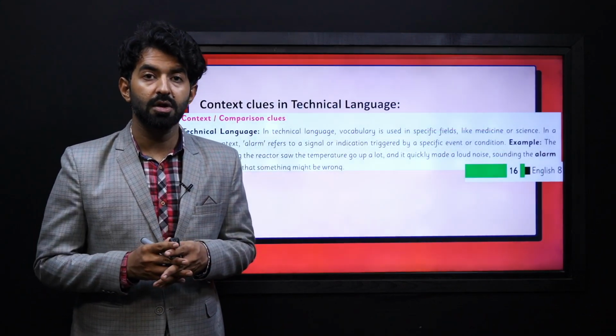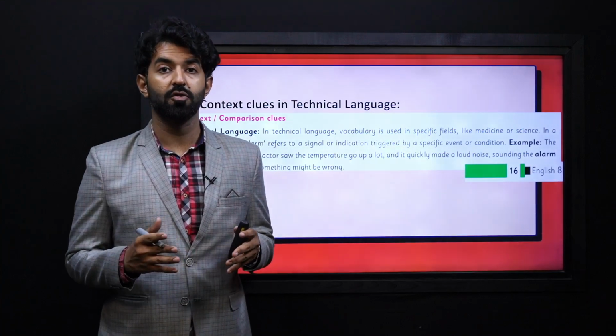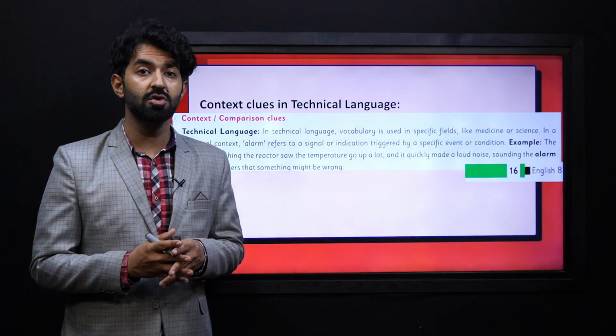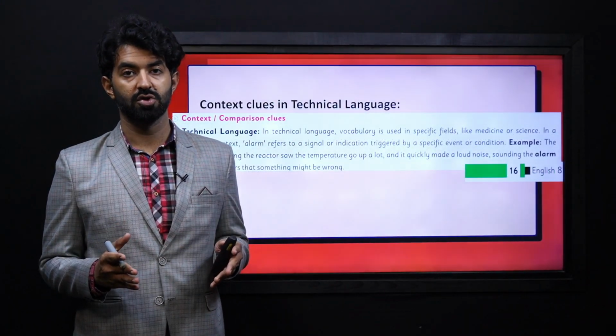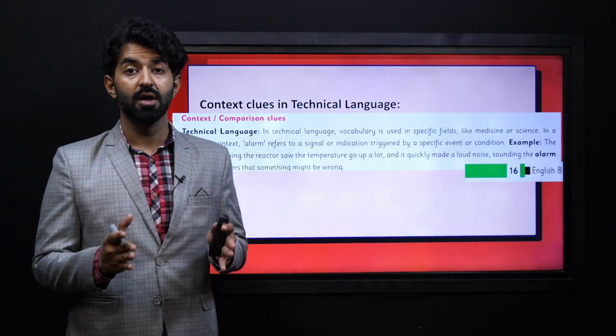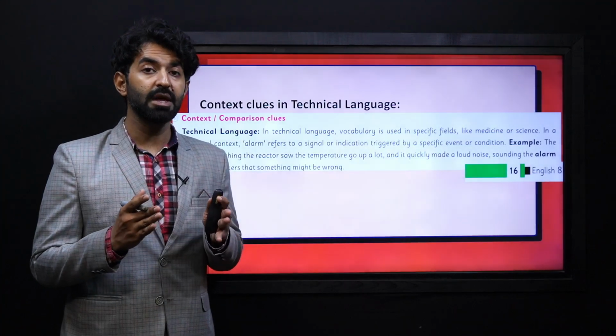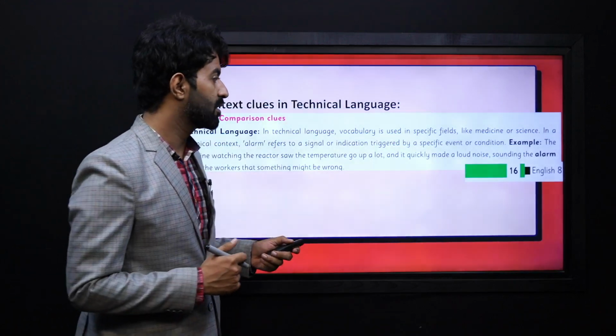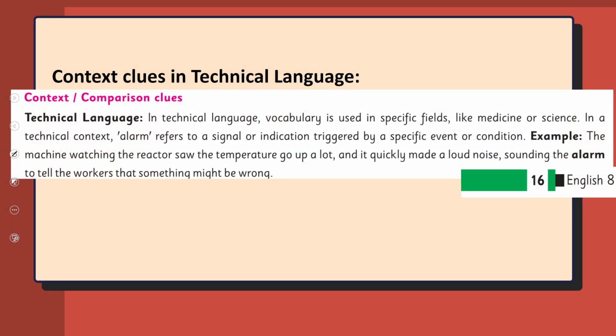Now, let's talk about technical language or technical writing. In technical writing, the kind of language that is used is called technical language. And if you're reading something in such language, how do you identify the meaning of an unfamiliar word using the context clues? Let's learn. This is from your page 16. Context clues, or comparison clues, they are also called comparison clues. In technical language,